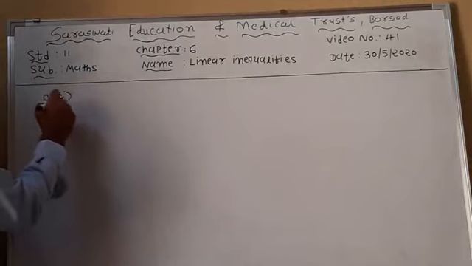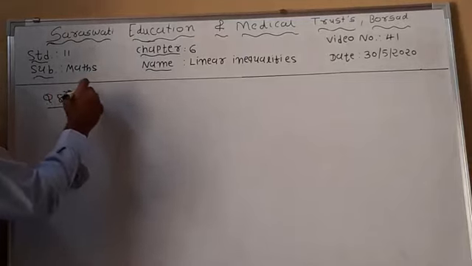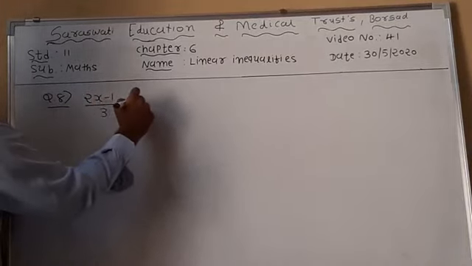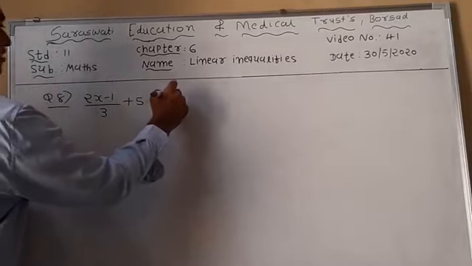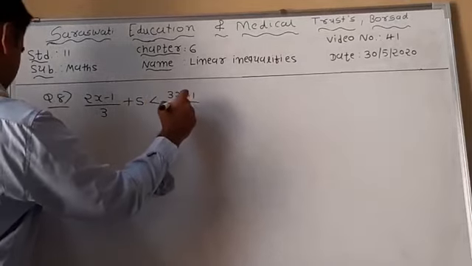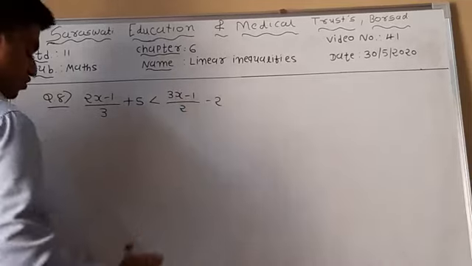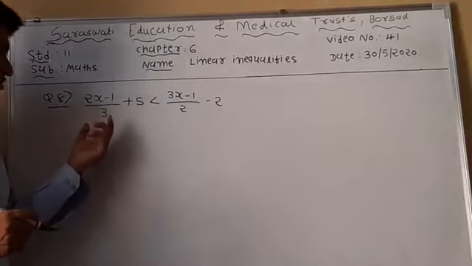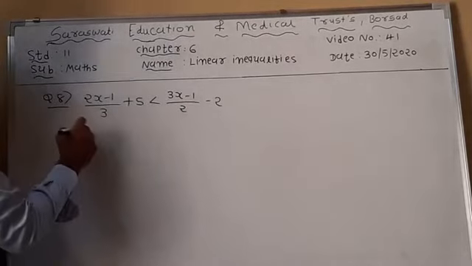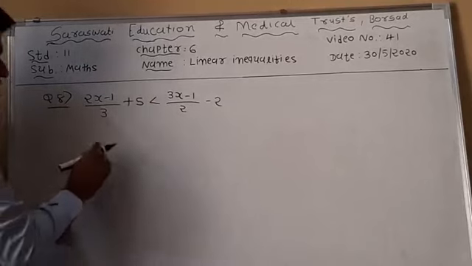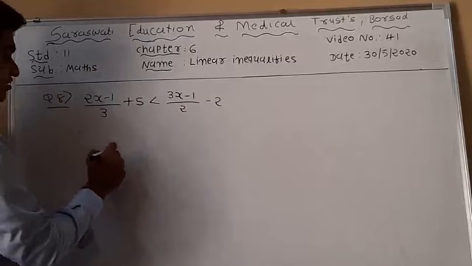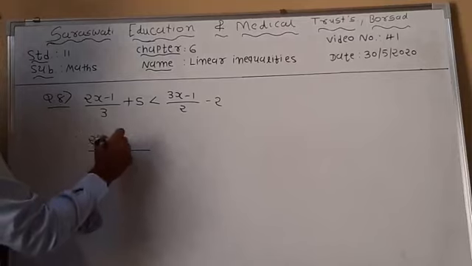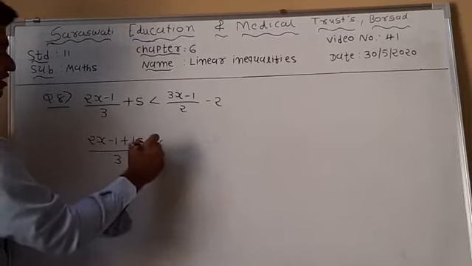Question number 8. (2x minus 1) upon 3 plus 5 is less than (3x minus 1) upon 2 minus 2. First of all, solve this inequality and after that represent it on the number line. So first solve it. Here take the LCM on the left side, so 3 is the LCM on the left side. So 2x minus 1 plus 5 times 3 is 15, less than